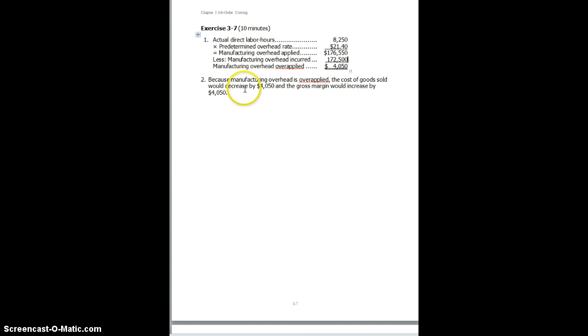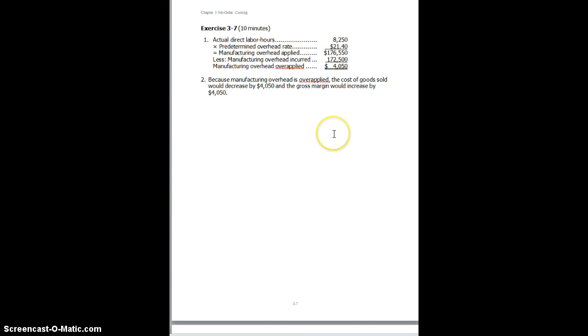Part 2 wanted to know that, assuming the entire amount of under-applied or over-applied overhead is closed out to cost of goods sold, what would be the effect of the under-applied or over-applied overhead on the company's gross margin for the period? In this particular situation, since manufacturing overhead is over-applied, cost of goods sold would decrease by $4,050 and gross margin